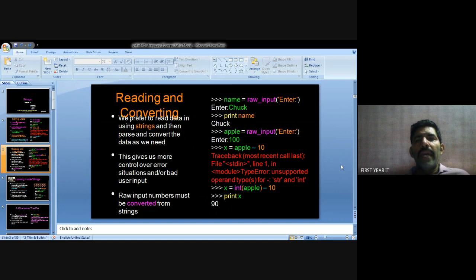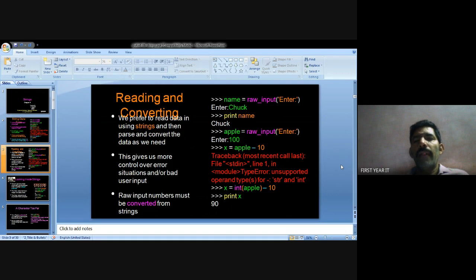The raw input is defined, and at run time we can enter the input values. After that, I enter the name Chuck. So print name gives Chuck.